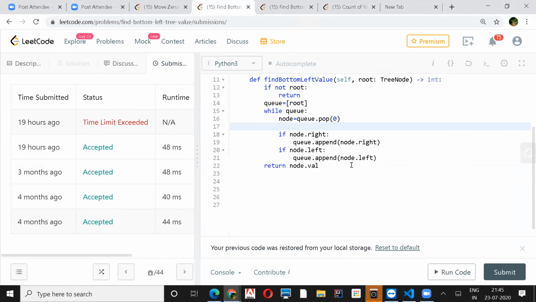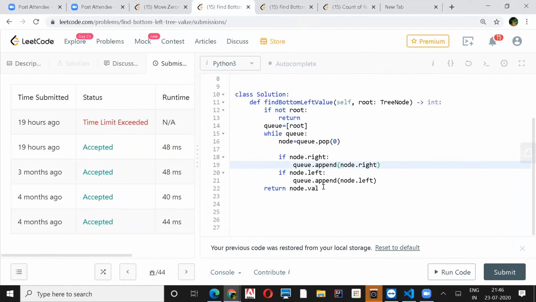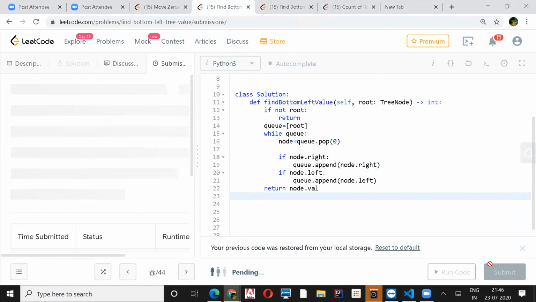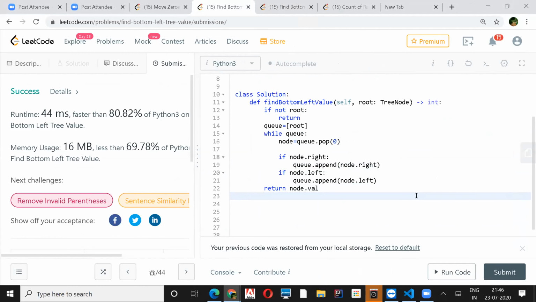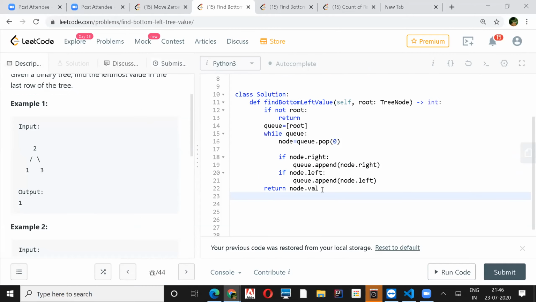This is like what I was talking about. Queue, you pass the root. As long as your queue is not empty, keep on popping. Here first I'm appending the right and then appending the left. Did you hit TLE as well? No, I don't think so for this. Okay. Nice. So you are not storing, so that also you are avoiding in this case, right?